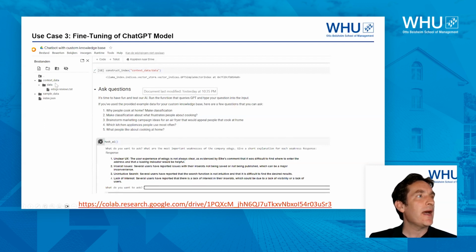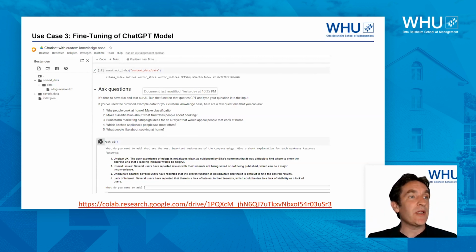This is a bit technical, but I will try to explain what it means. As you see here, I have an eDocs reviews text file. This is a text file where I simply had all these 2000 reviews that I had scraped from the website. And as a first step, I now use these 2000 reviews to generate my own language model based on ChatGPT. That sounds very complex. It's actually not. It's just following the instructions here, and it's like 3 clicks on your mouse. So it sounds very complex. It's not. And then you have actually created your own language model with these 2000 reviews.